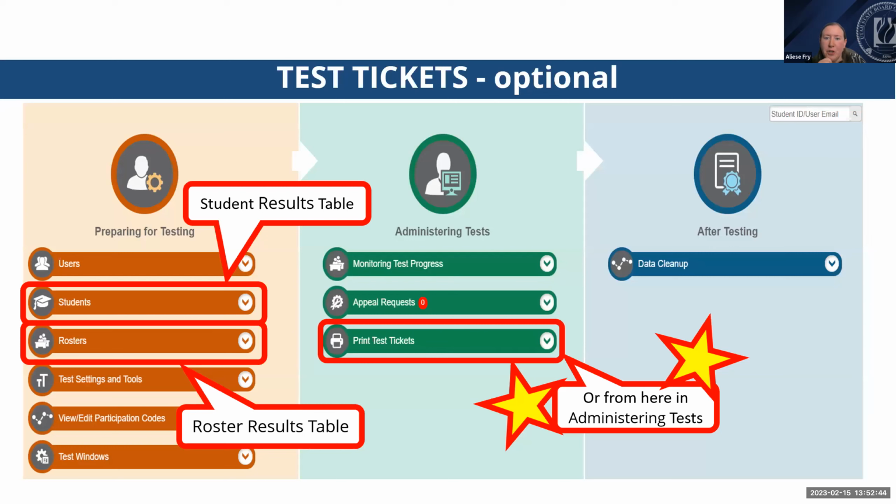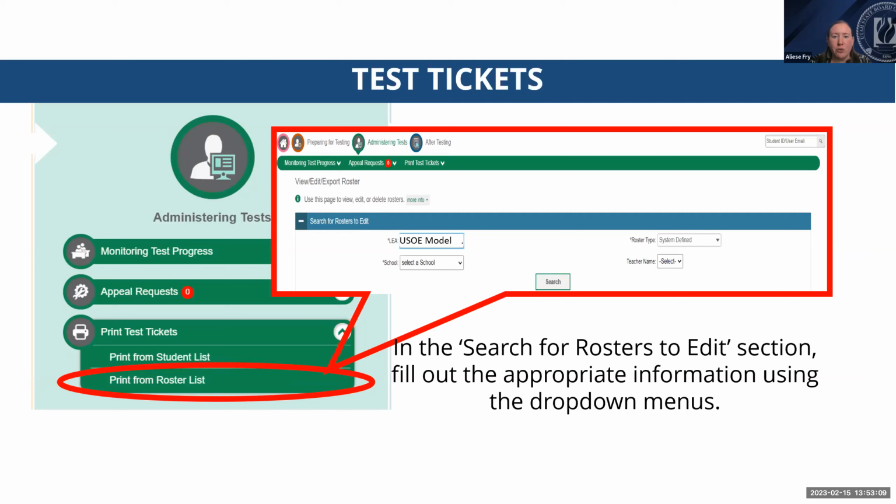If you've elected to use testing tickets, there are 3 places that you can access them for printing. You can print from the student menu and the roster menu in that prep for test section. However, accessing the test tickets from those tables requires a few more steps. The easiest way to do it is the print test ticket option that's in this green section for the administering tests section. It's just the easiest place to do it, because as soon as you click that, it takes you